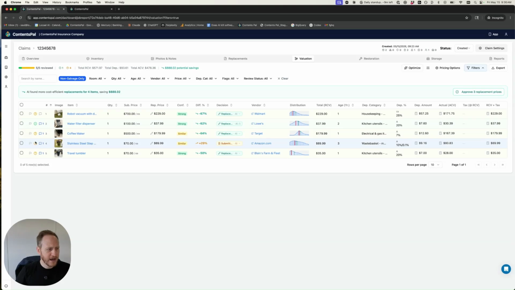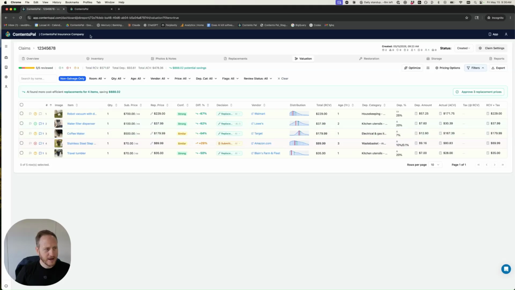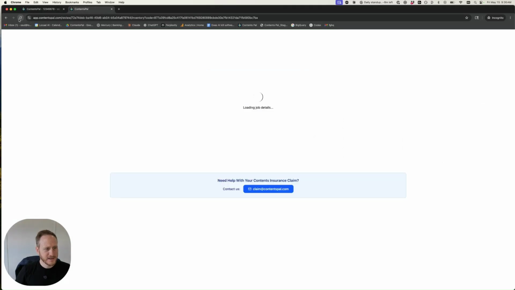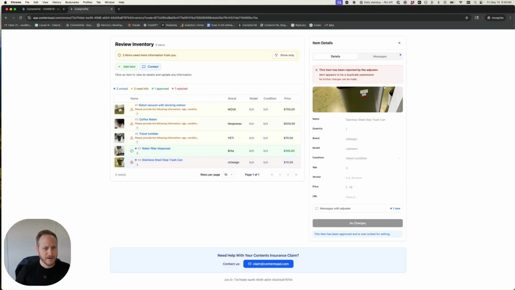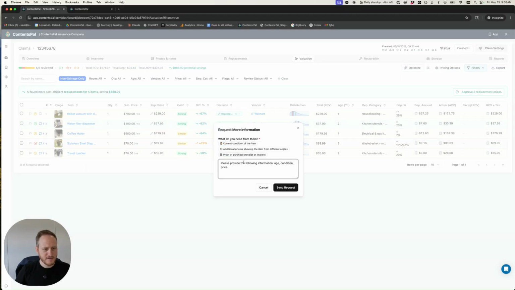If the item is rejected, I'll show you here. If you reject it, you can give a reason and we give you some options, or you can write your own reason. So I can reject it here. And again, the policyholder would see that here with the rejection reason. If you want to request additional information, you can do that by clicking here, update info request, and you can ask for additional information. You can write here anything you want. The recommendations are to help you save some time. So when you send the request,